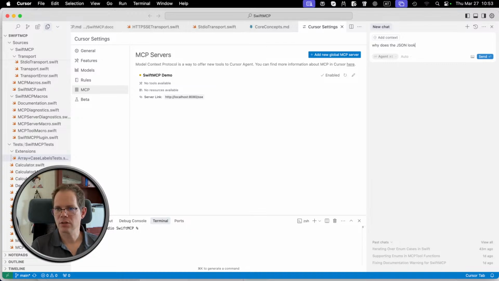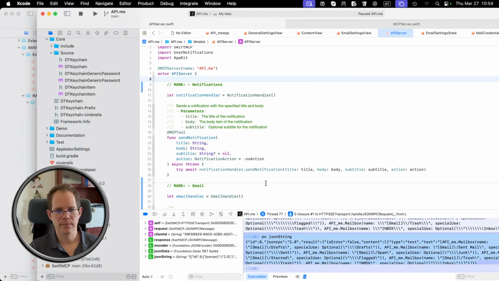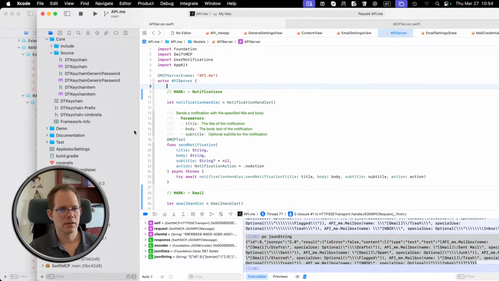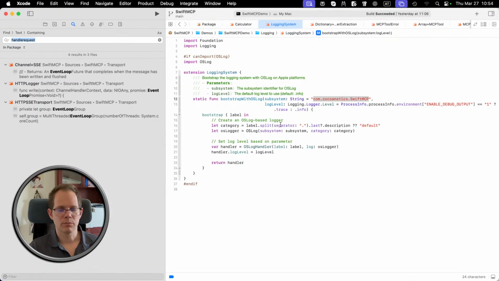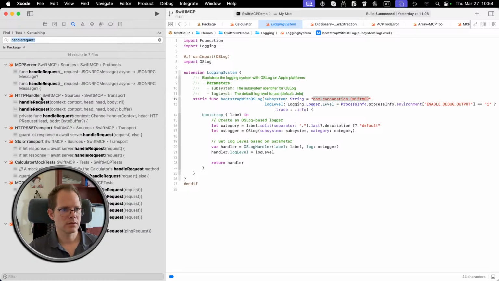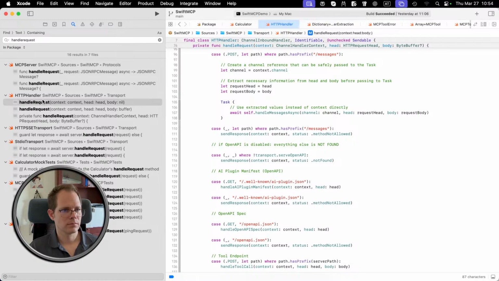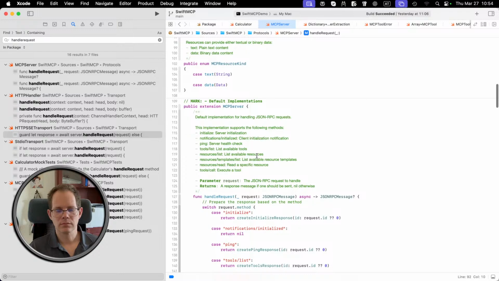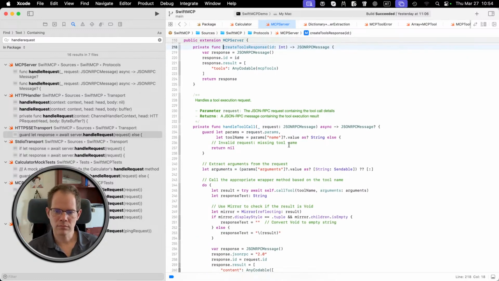Why does the JSON look like this? I don't understand why it adds the optional in the, also, handle request. Ah,